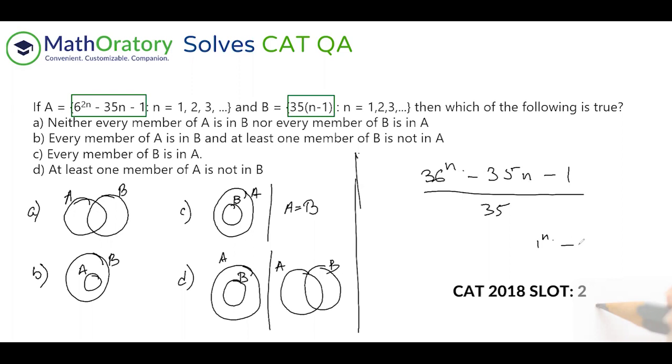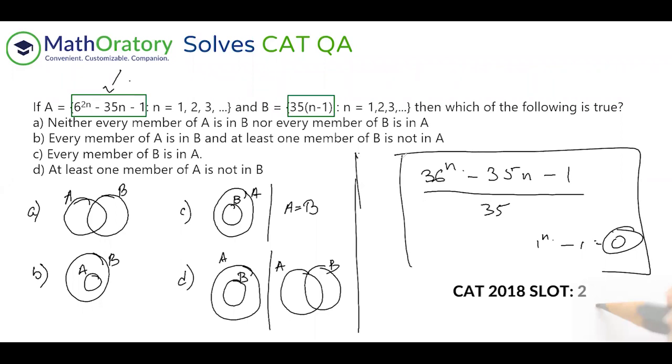Aha. So basically, these are numbers which are multiples of 35, but these are not all multiples of 35. B has all multiples of 35. So A has some multiples of 35 and B has all multiples of 35. I hope you understood this. Let me explain this to you once again. So this part, I hope it is understood that when this thing is divided by 35, we are getting a remainder of 0. So this is the remainder I calculated.